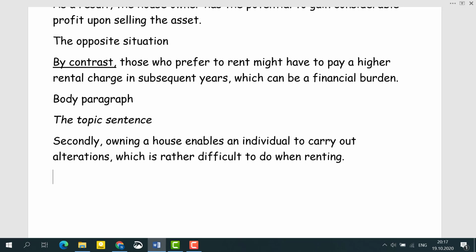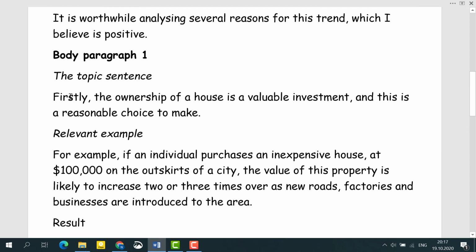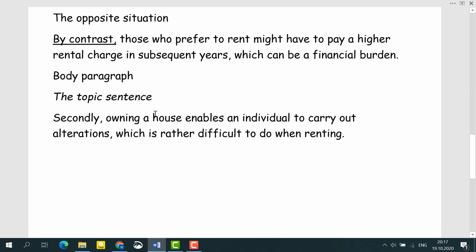Okay, now before I just wrote firstly, okay, and then I provided the first reason. Now I'm using the word secondly because I want to use the second reason. Next, remember, you don't want to write second, only secondly, okay? Because this one sounds much more formal. Next, you don't want to write at second, use only the word secondly. Once again, so make sure to use the word secondly if you want to impress the examiner, okay? You can also write in addition to this, no problem, or furthermore.